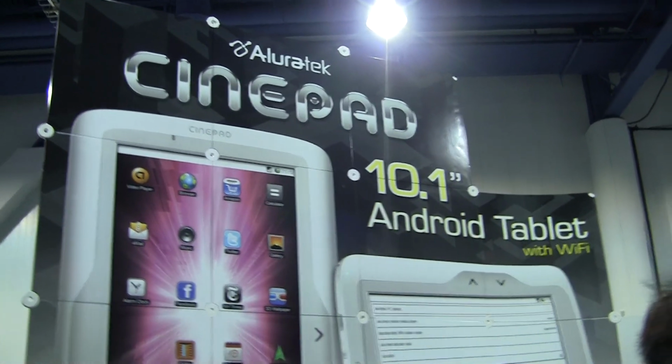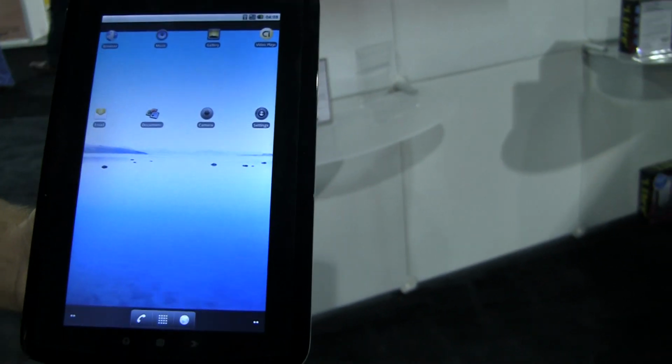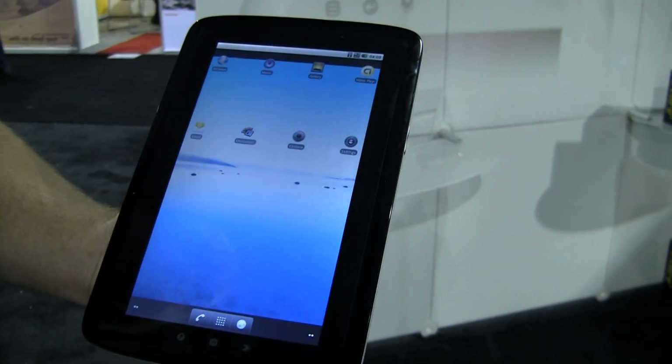They've got their Cinepad, their 10.1-inch Android tablet. They've got one of the test versions here, or an early version. This version actually has a capacitive touchscreen, and it's running Android 2.2. Awesome. The Froyo. So can you give us a quick tour of the device and some of the